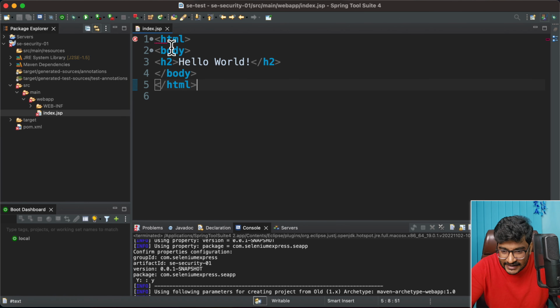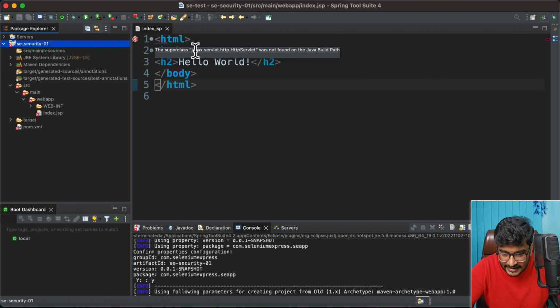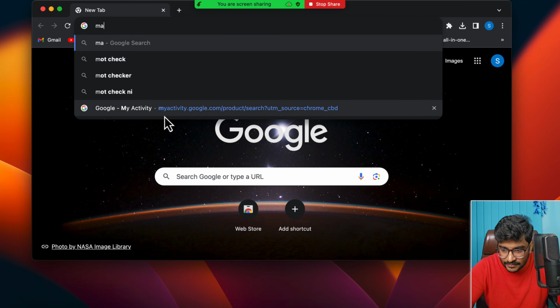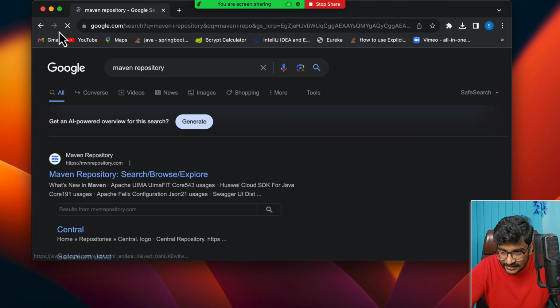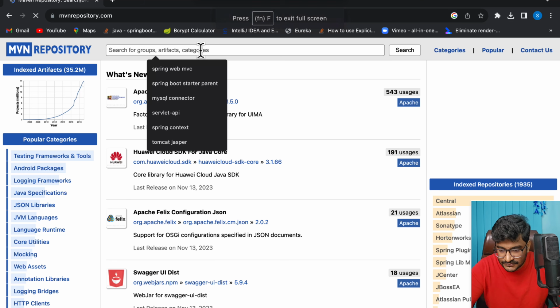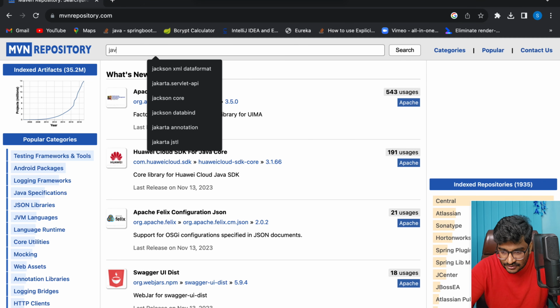Okay, let's just do that. Because I'm using an older version here, it is asking me to add this dependency, javax servlet HttpServlet, right? But recently we have the newer version of HttpServlet, which is from Jakarta, not from javax. But as it is asking me just to fix this error, let me just add this dependency. So okay, let me go to the Maven repository. Let me quickly do this because we just want to get into the topic. I don't want to spend time on this configuration stuff. So let's say javax servlet,